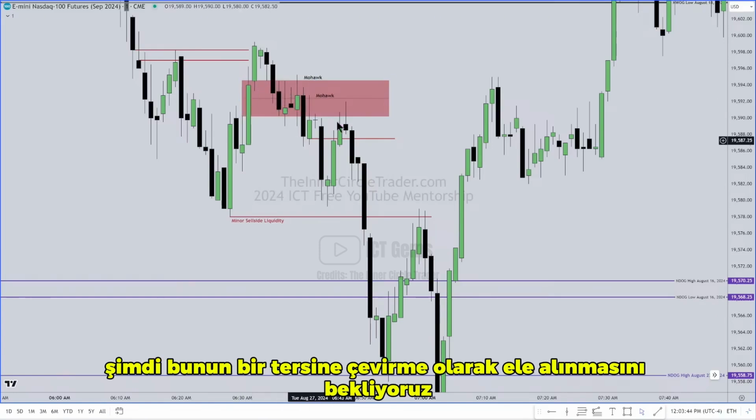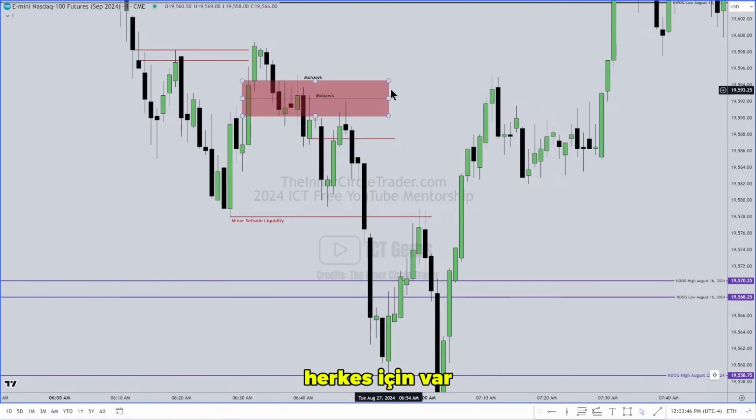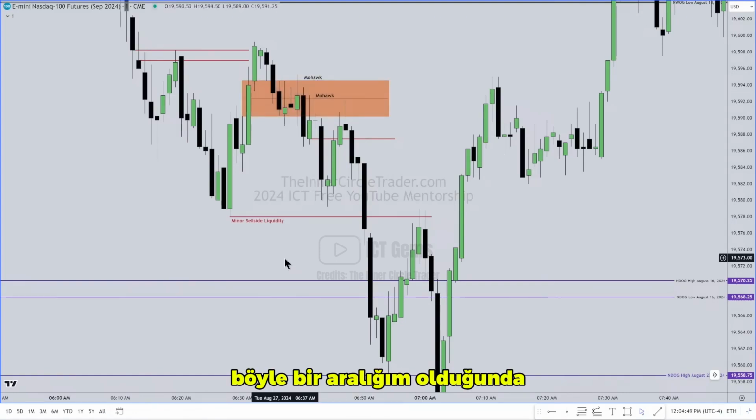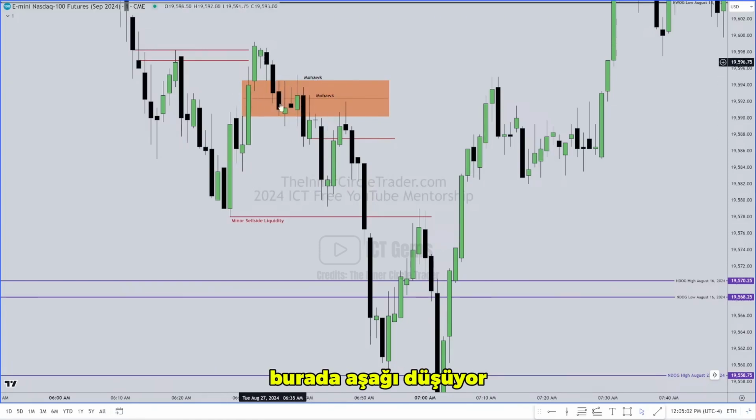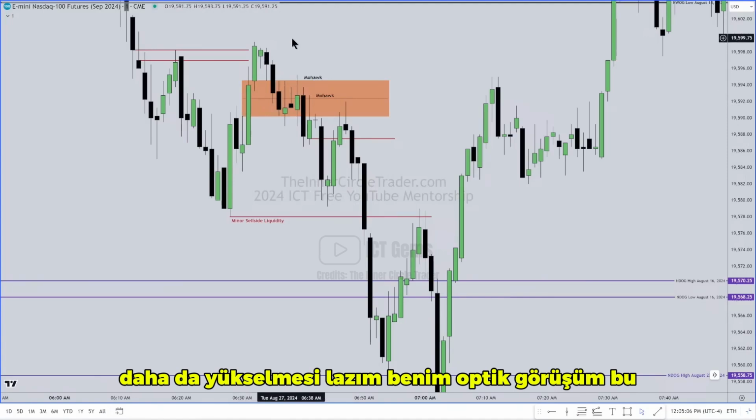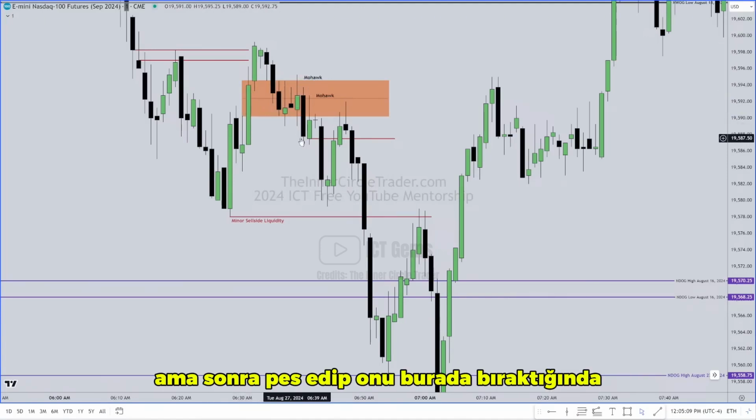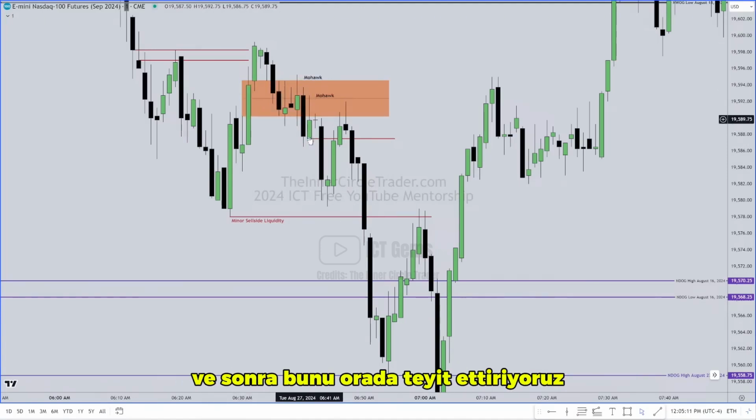Now we're expecting this to be treated as an inversion fair value gap. Whenever I have a range like this that's highlighting a fair value gap, if it's ever a hue, it's an orange. What I'm saying is its role has reversed. So whatever it would have been initially expected to deliver over here, dropping down, it should go higher. That's what the myopic view is. But then when it gives up the ghost and leaves it here, and then we get it confirmed there,